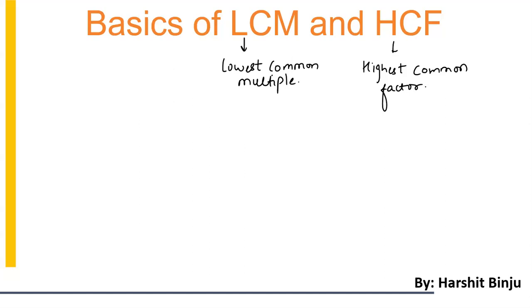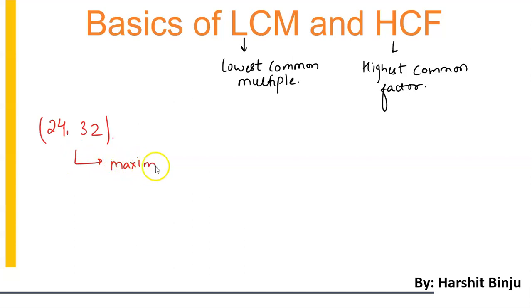Okay, so let's say we will start with the HCF first. Let's say there are two numbers. Let's take actual numbers rather than taking variables. Let's take the numbers to be 24 and 32. So if I ask you to calculate HCF of 24 and 32, the question is, what exactly am I asking from you? Okay, you know how to calculate. Most of you would be knowing how to calculate the HCF of 24 and 32, no denying on that part. But the question is, what exactly am I expecting from you?